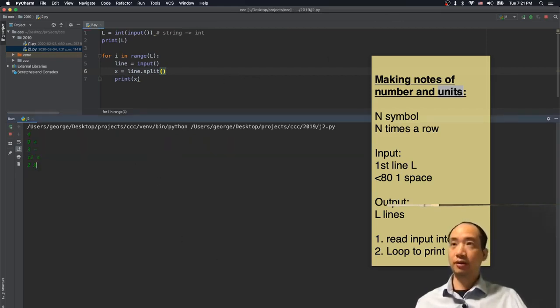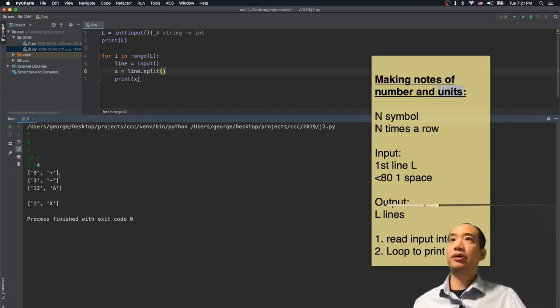And paste. Now you will get all the result like this. So basically, after you split, there's a list, and the first one would be this number, and the second one would be the symbol. So that's why we will have the first one, the first number, should be equal n equal to